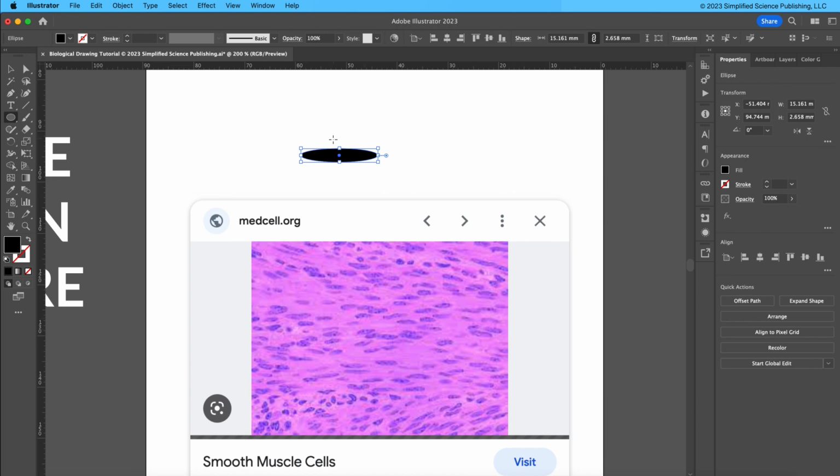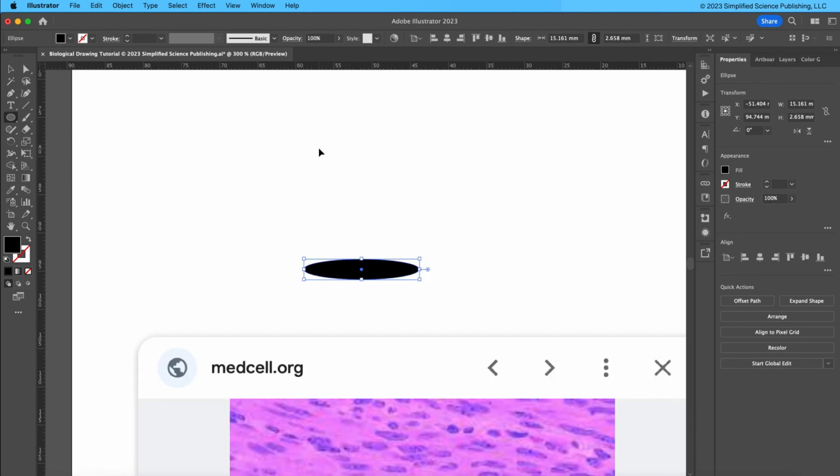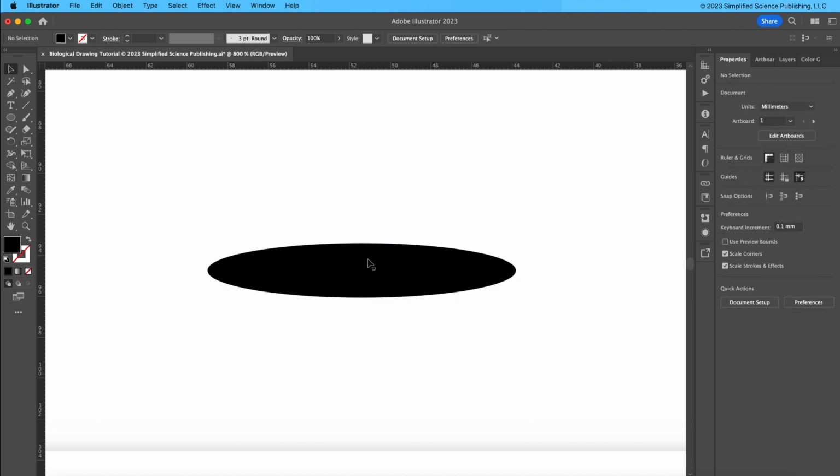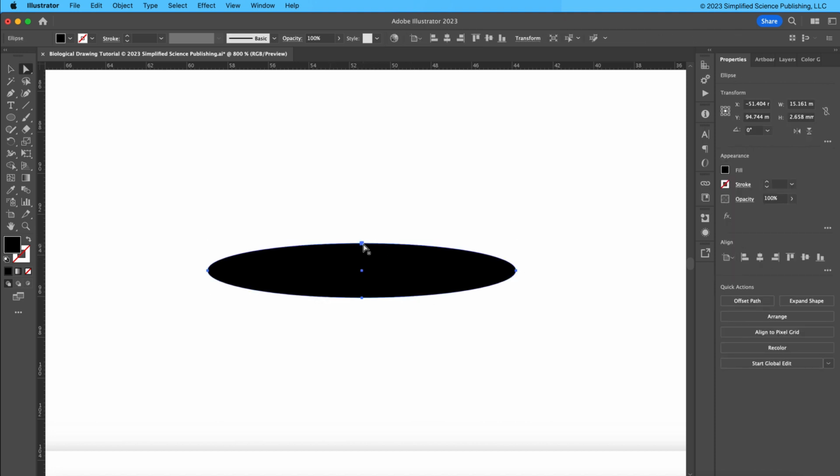But an important difference is that this shape doesn't look exactly like a smooth muscle cell. If I zoom in again, smooth muscle cells are much more narrow on the edges. So the next step of this drawing will be to get this cell shape to have tapered edges instead of round edges. And in order to make that shape, I want to point out that this shape is made of